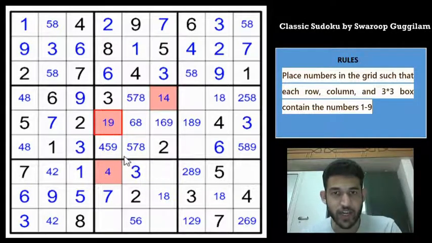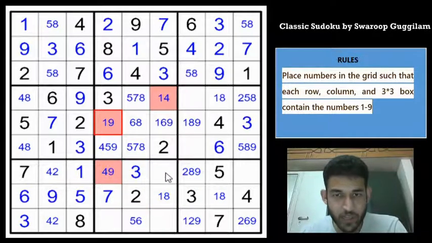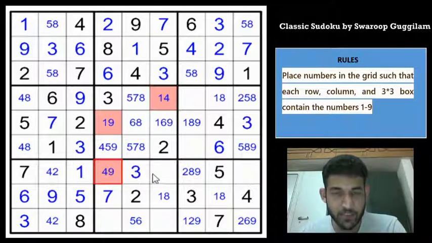So this is called a Y-wing. You need to have a pattern AB, BC and AC spread over two boxes, and then you need to eliminate the common digits between the ends of the wing. This point is called the hinge and this is the end of the wing. So you have to eliminate the common digit between the ends of the wings from the cells which see both of these cells.